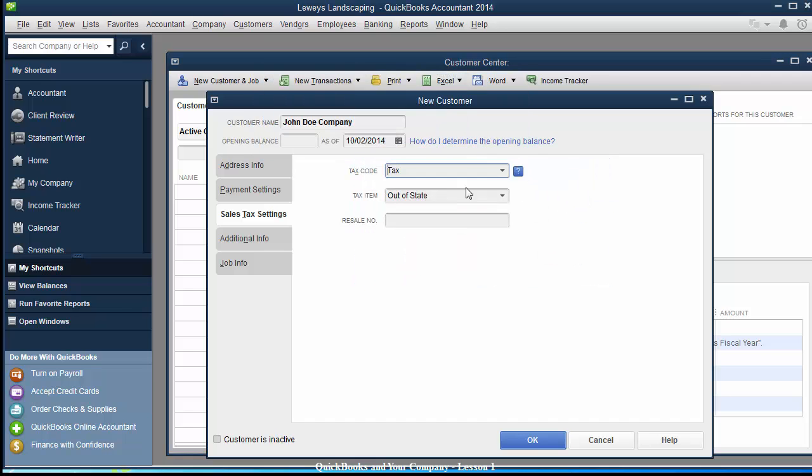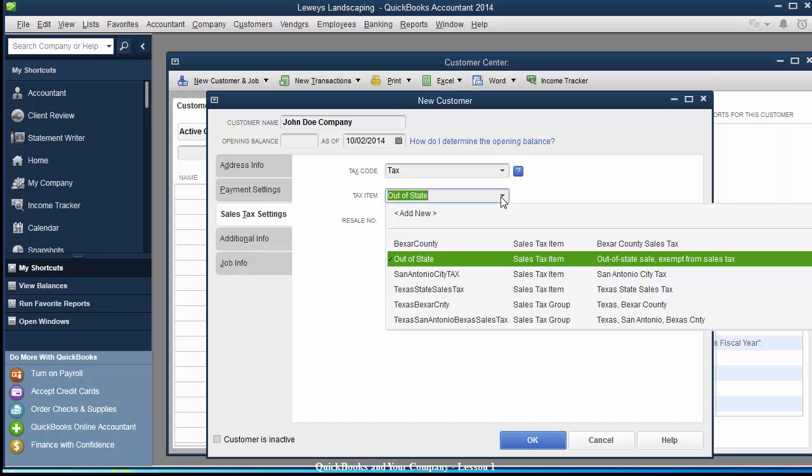So we already have one, so let's cancel it. So let's say it's taxable. Let's change this to out of state, because they're not out of state and they're not inside San Antonio city limits. We want to make sure in these things that we use a sales tax group, not an individual item. So we're going to say for this particular customer, we're going to collect the Texas sales tax and the Bexar